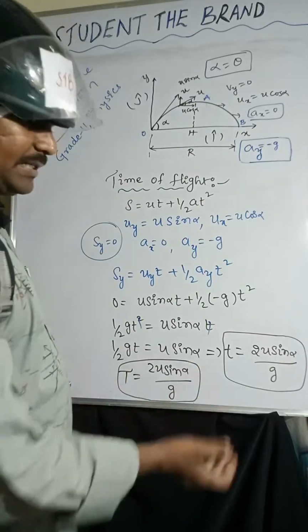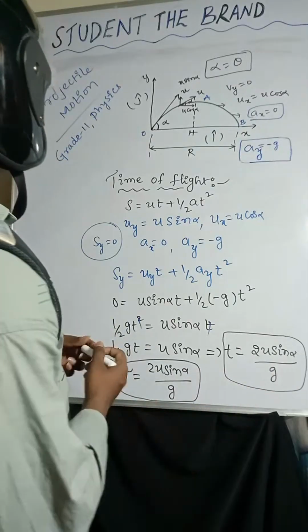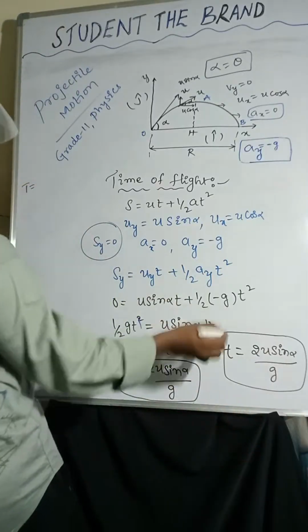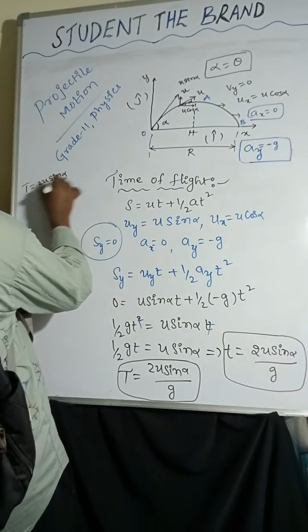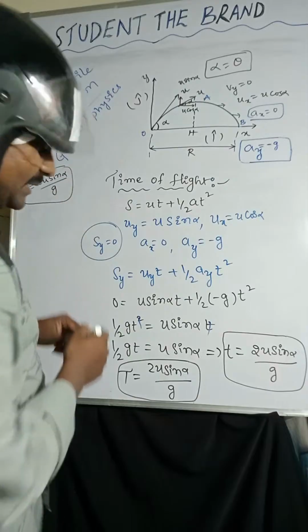Okay, so next, I'm going to the next one. This is the time of flight, keep it in mind. All the equations I'll write at the end, so I'm writing on this side: T equal to 2u sine alpha by g. This is equation number 1. Next we'll discuss